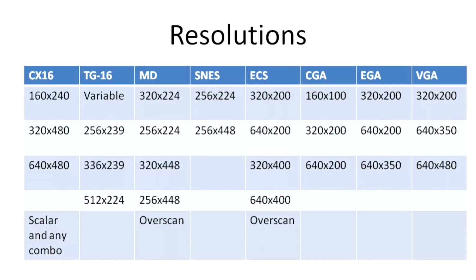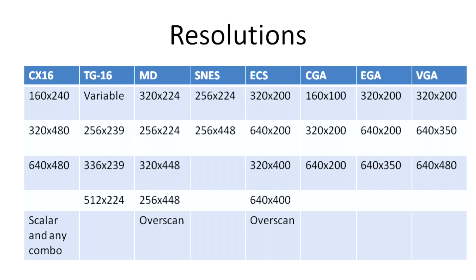So, resolutions. The CX16 normally has 160 by 240, 320 by 480, and 640 by 480. But there's a scaler which doesn't even have to be a multiple of 2, and you can kind of scale it however you want through a large variety of ranges. The TG16 likewise is programmable and is thus variable. However, the standard we typically use or see is 256 by 239 or 336 by 239 with a 512 by